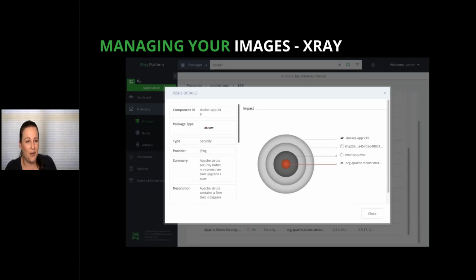We discussed earlier the problems with not updating images regularly, and I want to introduce you to Xray, but let's talk a little bit more about why we care about image security. Those base images that I mentioned earlier, it is really, really important to know how your build is put together, know where everything is coming from, and have that inventory, be accountable for it.